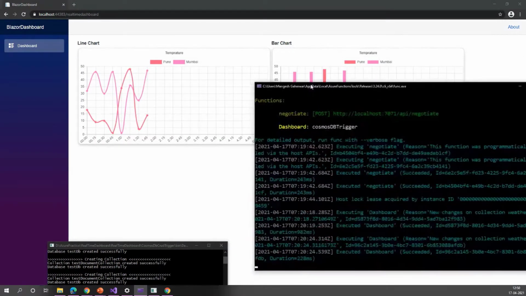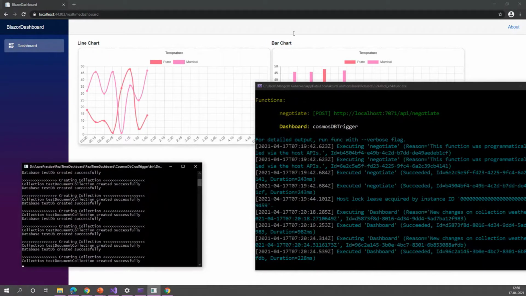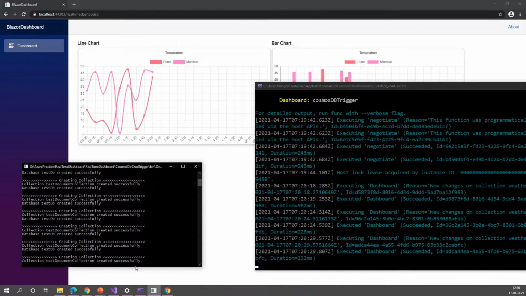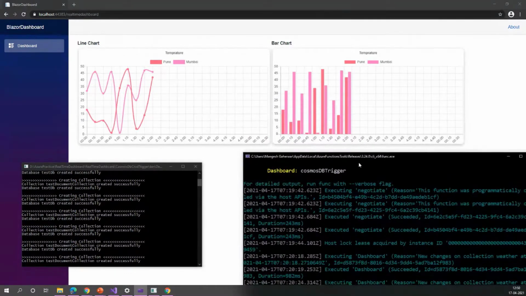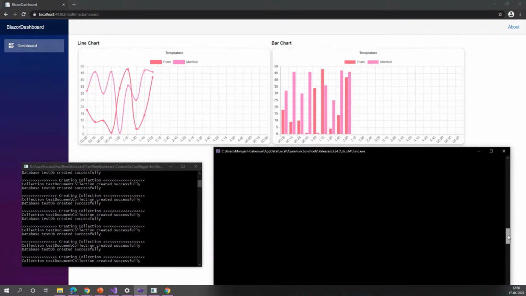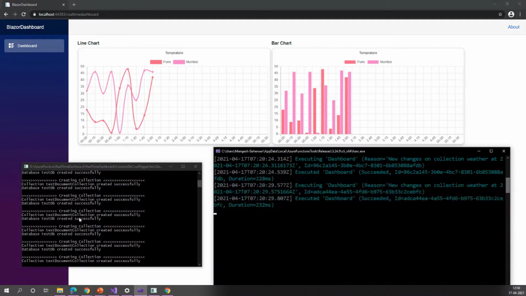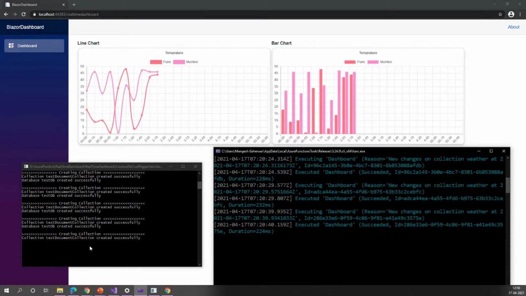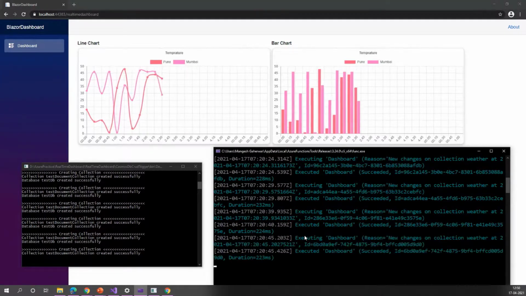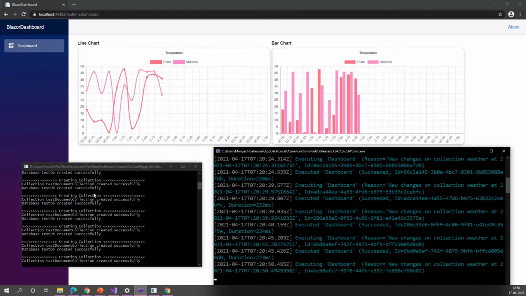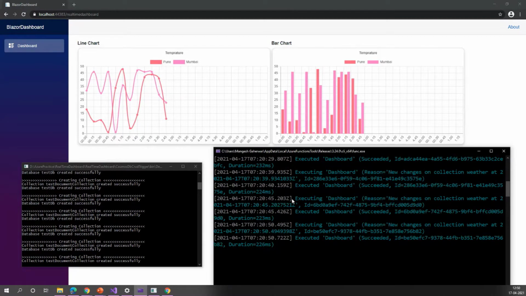So the sequence would be that the function is added, the function is triggered, and the UI is updated. In that way, we are adding the data, triggering the function, using the SignalR service, and updating the UI. So this is how it works.